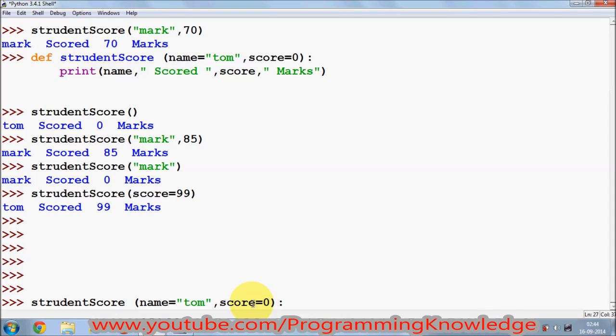For example, student has scored marks in language, marks in programming, marks in maths, or marks in some other subject, and you want to pass the parameters, but you don't know the number of subjects the student is